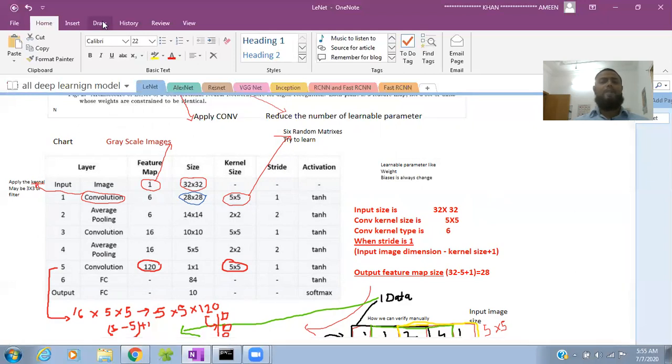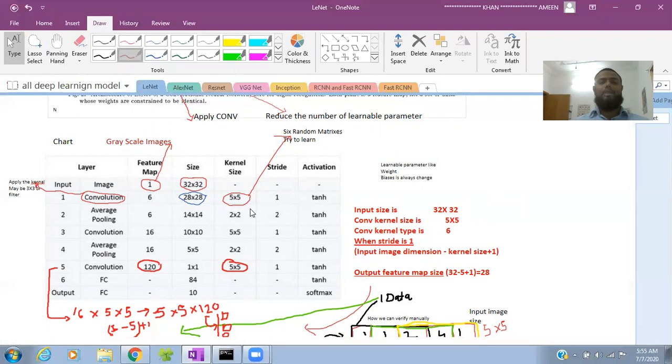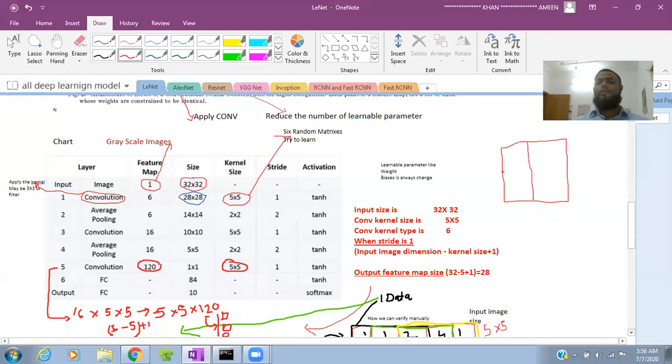When you talk about average pooling, they choose out of 4 values. Suppose here they get 10, here 20, here 1, and here 30. In max pooling they choose the maximum one, and in average pooling they take the average. So they applied the average pooling.